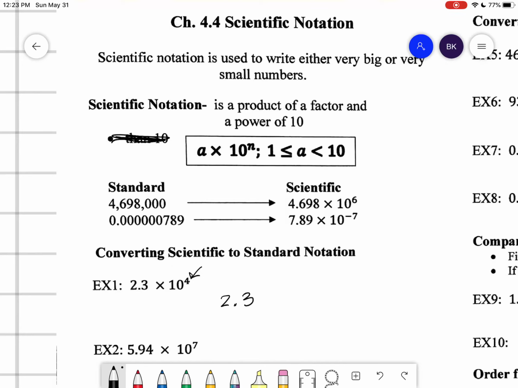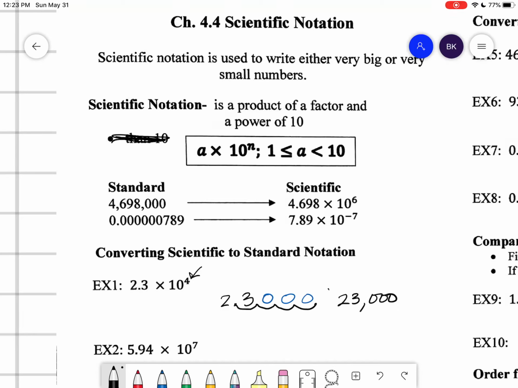And all numbers are to the right of 0, positive. So I'm jumping to the right 4 times. 1, 2, 3, 4. And then I'm going to fill in those crevices with zeros. 1, 2, 3, like that. So that is my answer, and my answer is 23,000